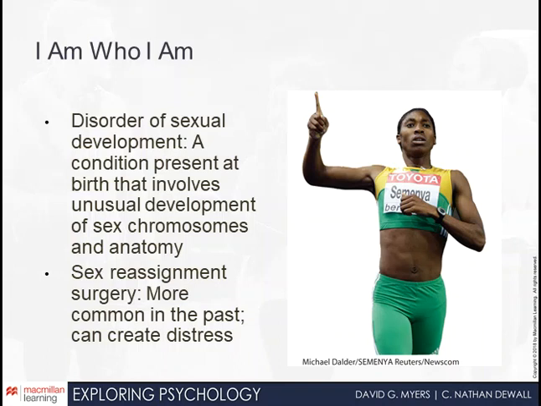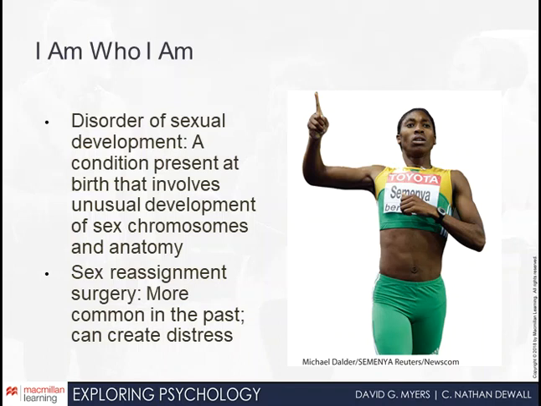I am who I am. Not all sexual development occurs normally. Sometimes things happen that will make it very unclear as to whether or not someone is clearly identified as a male or clearly and easily identified as a female. So there's a disorder of sexual development, a condition present at birth that involves unusual development of sex chromosomes and anatomy. This can result in some for sex reassignment surgery, which is more common in the past and can create